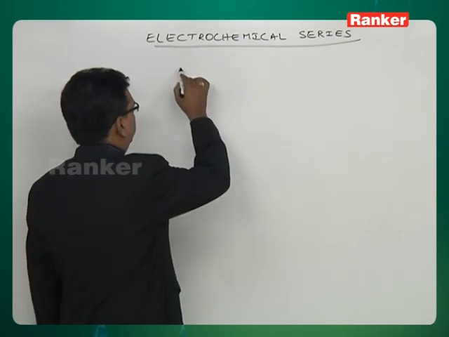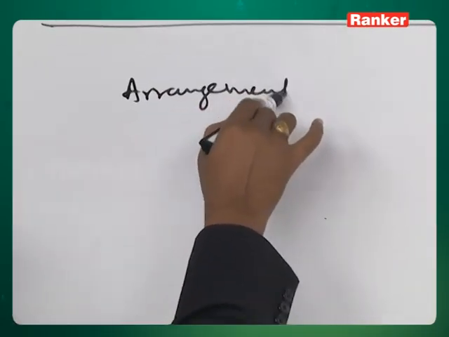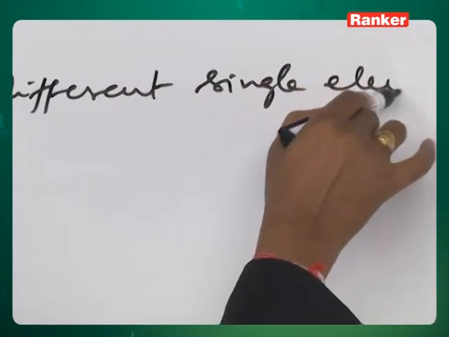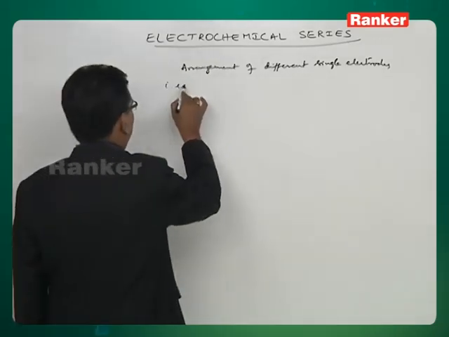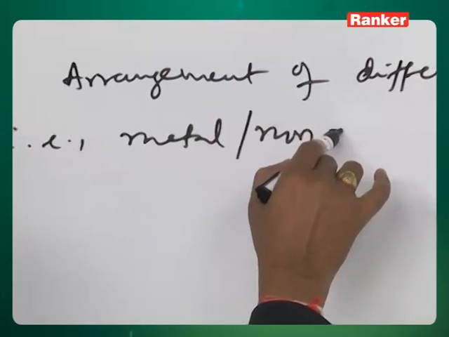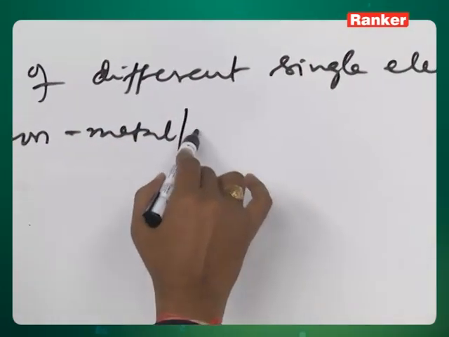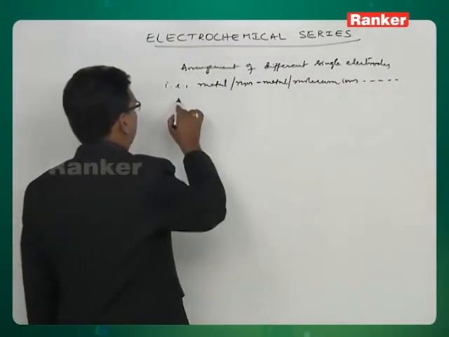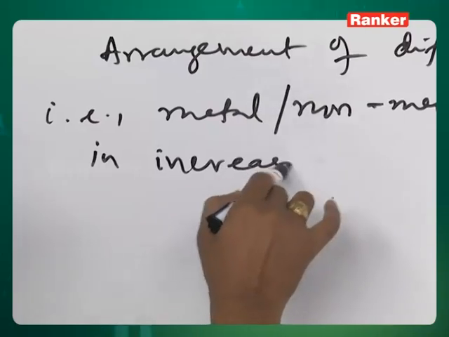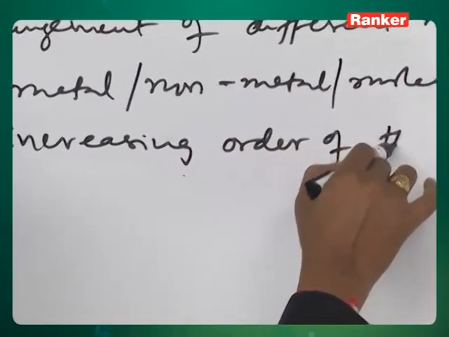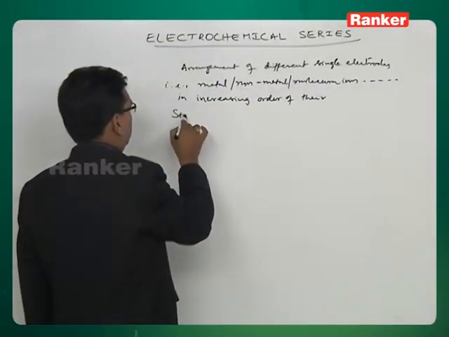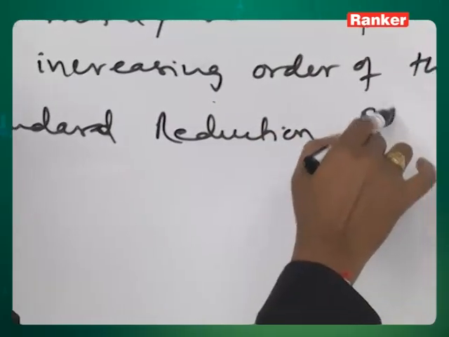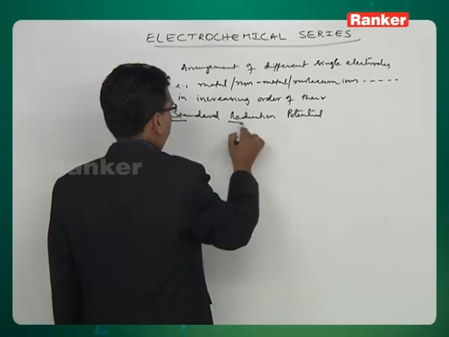This electrochemical series is nothing but the arrangement of different single electrodes, that is metals, non-metals, and some molecular ions, etc., in increasing order of their standard reduction potential, SRP,